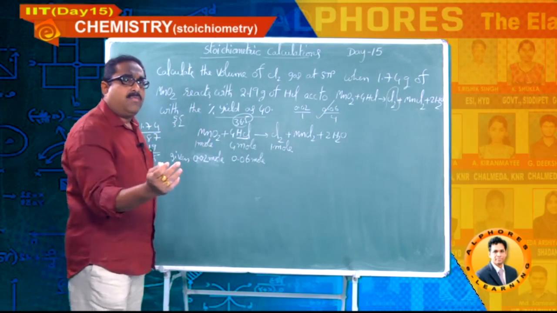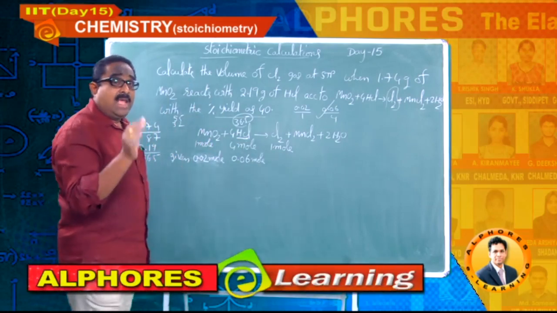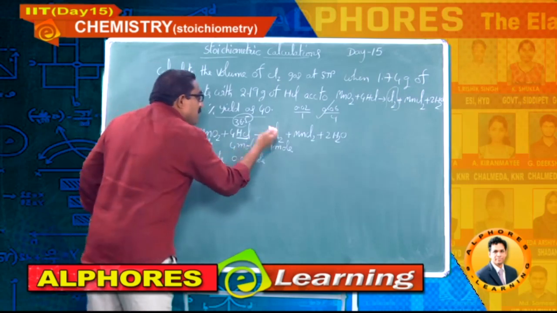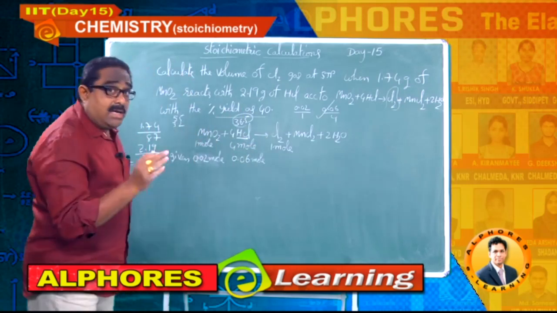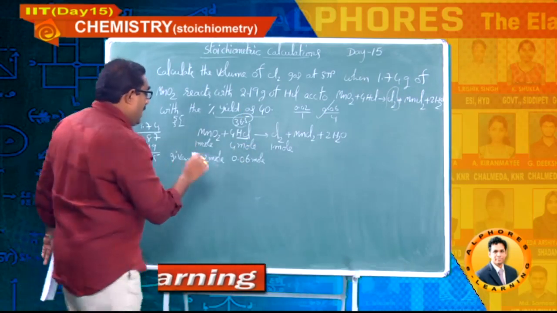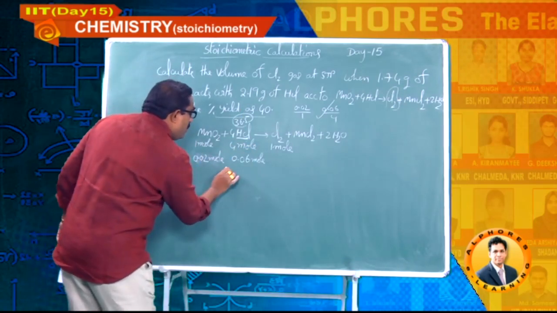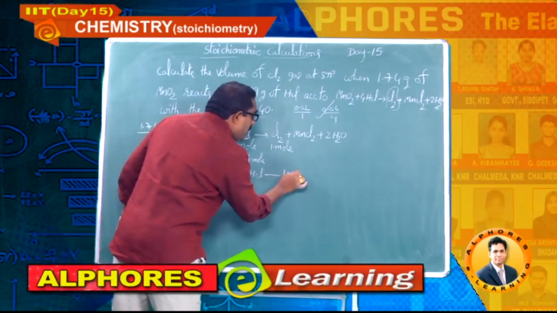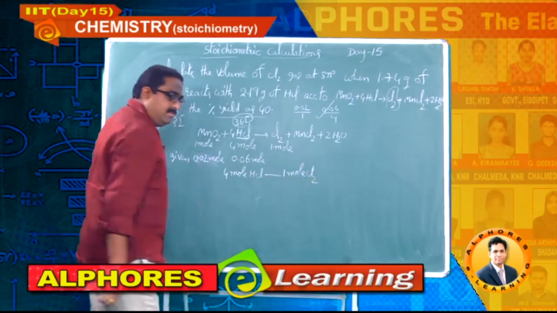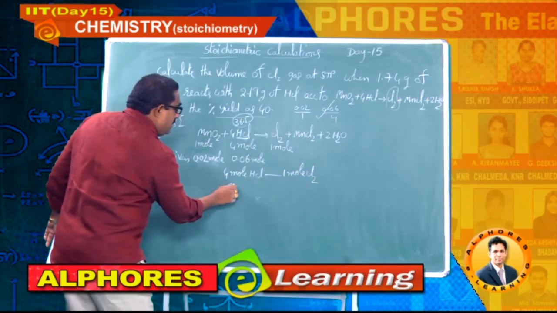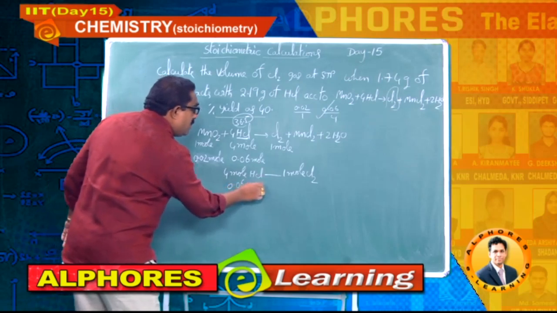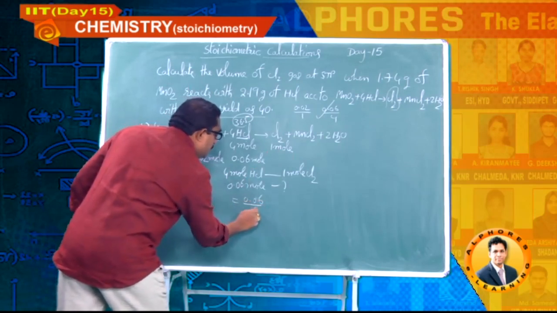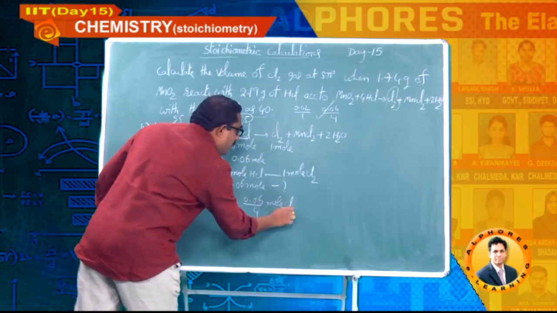We know amount of product always depends on amount of limiting reagent. Okay, now let me calculate the moles of Cl2 that theoretically should be obtained. Okay, I am writing here 4 mole HCl will produce 1 mole Cl2 theoretically. Here he has given 0.06 mole. How much? 0.06 by 4 mole of chlorine you will get.